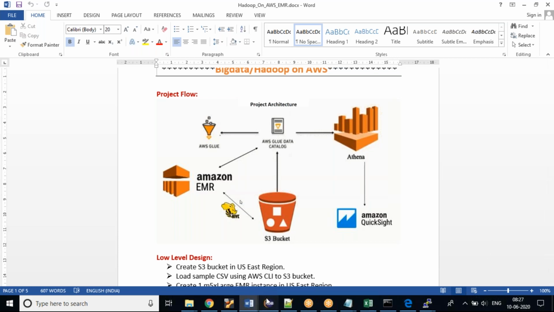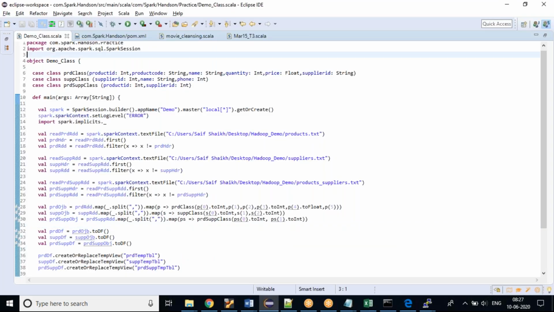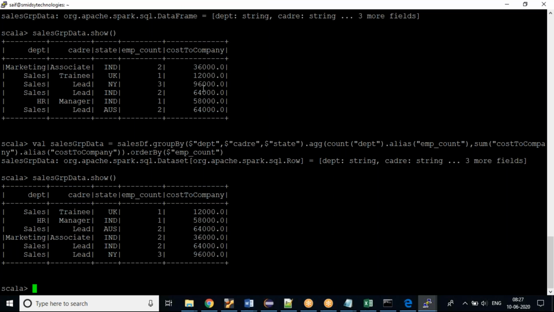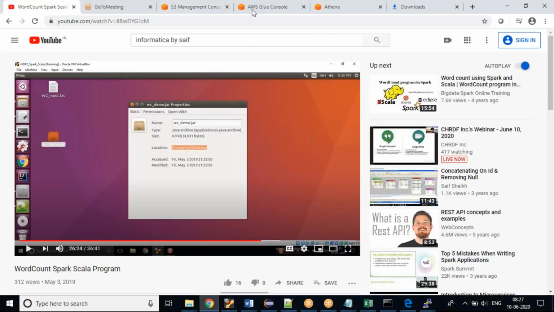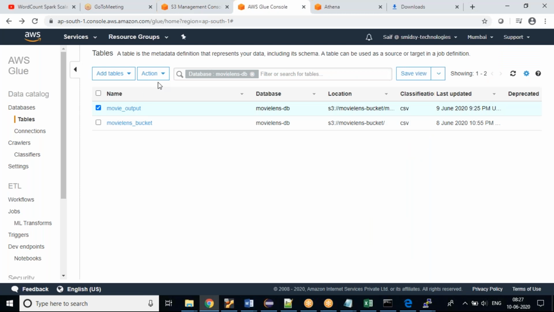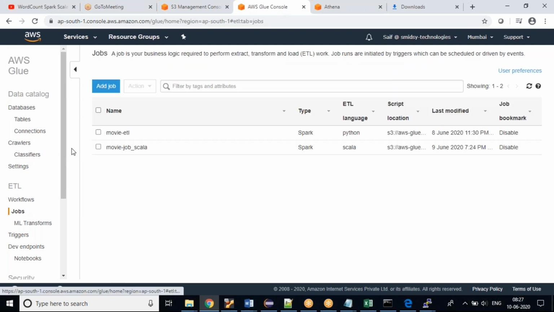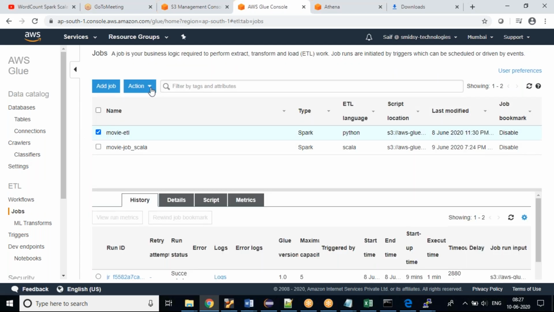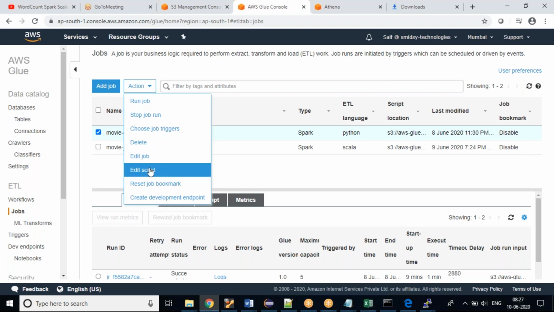From the start, we wrote the code on a clear screen, and we saw the output. Then we saw one certification scenario, a practical implementation. Then I showed the AWS Glue code I had written with the help of Glue.